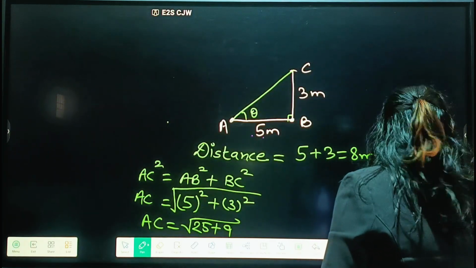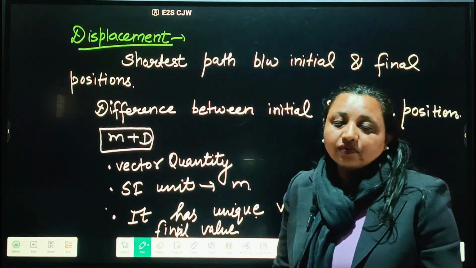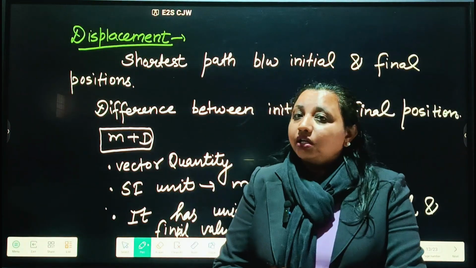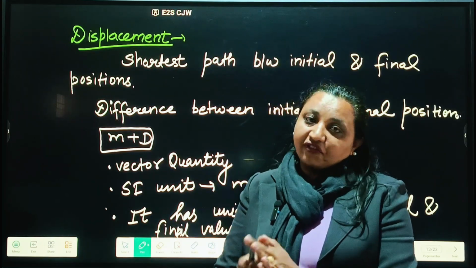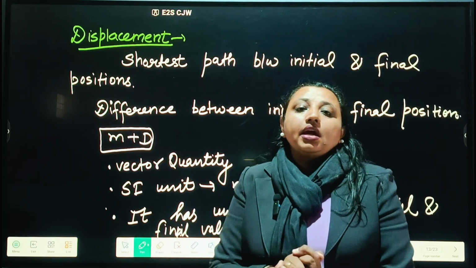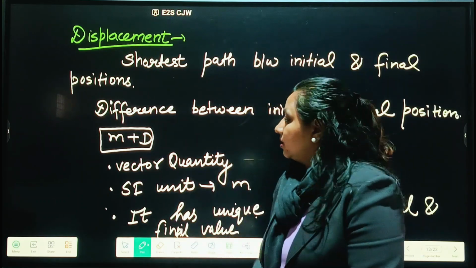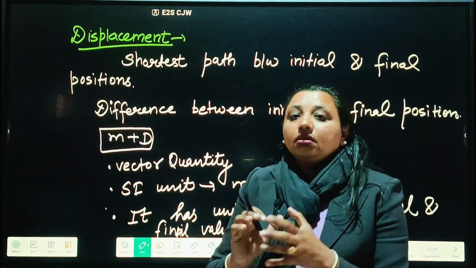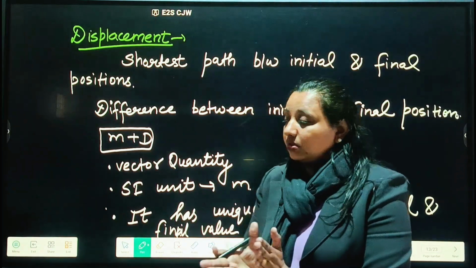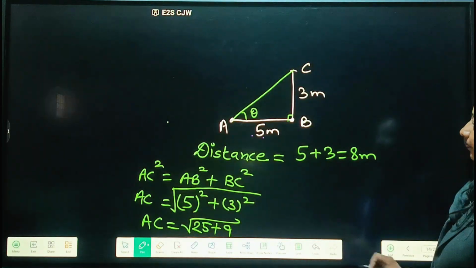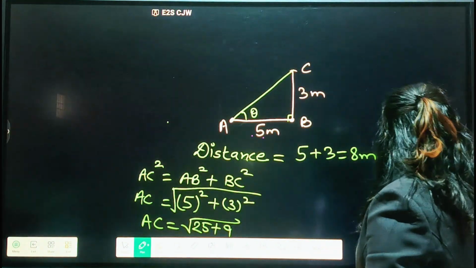One more thing about displacement. It is a vector quantity, so we can find its direction as well as magnitude. Like in this case, using the triangular law or Pythagoras theorem, if it is a right angle triangle, and also the direction we can easily find by tan theta. Okay, and the displacement may be negative, positive, or 0. Like in this case, the magnitude is positive, right?